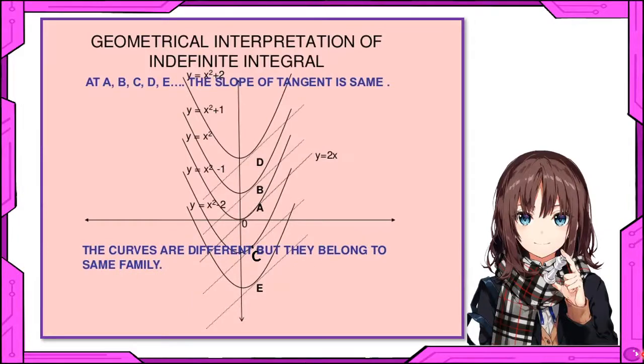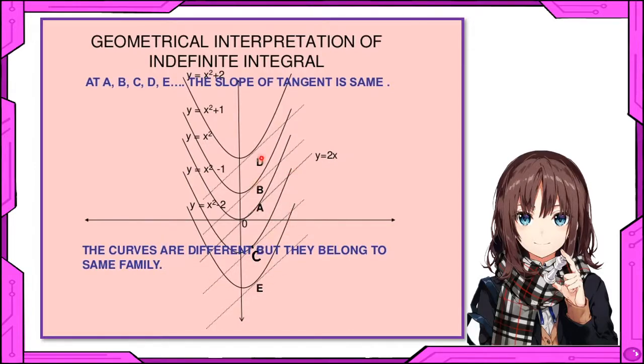This is the geometric interpretation. Look at this graph, students. If I make a graph of y equal to x square, it is like this. Then if I make a graph of x square plus 1, this 1 shows the y-intercept, meaning this graph will intersect the y-axis at 1. So the graph is this. Then y equal to x square plus 2, the graph is this. If I go to the negative side of the y-axis and I take x square minus 1, then it will intersect the y-axis at minus 1, then minus 2 here.